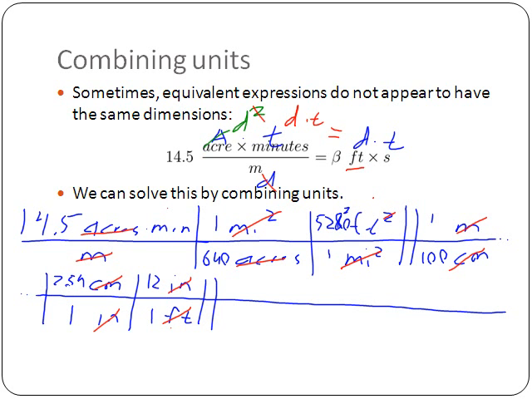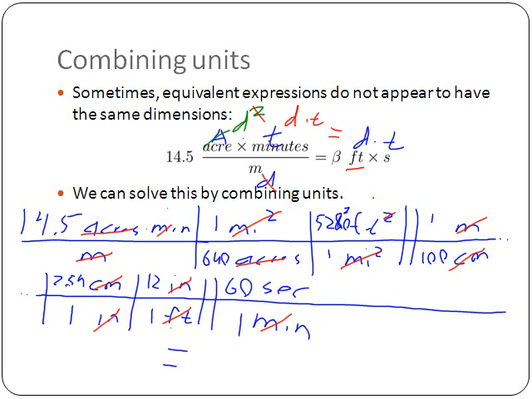Now I just want to get from minutes to seconds, and so that means I can just continue my conversion here. Minutes is on top, so to cancel it, I got to put minutes on bottom. And I want to go to seconds. That's fortunately an easy one, 60 seconds in 1 minute. At this point right here, I have canceled minutes. My units right now are simply feet times seconds, and so I can get my final answer just by multiplying this out. And so I would say